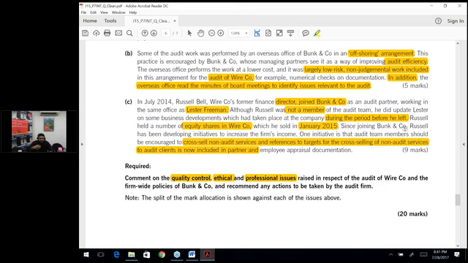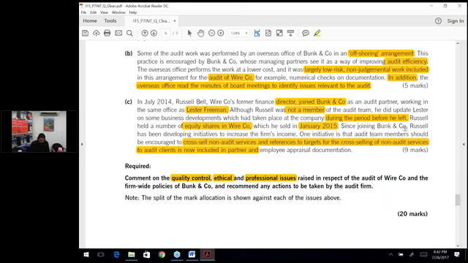And confidentiality can only be breached in certain circumstances, for example, whenever there is a public interest involved, or where it is required by the laws and regulations. Otherwise they cannot do it. So if Russell Bell is sharing the information with Lester Freeman, that means he is violating the fundamental ethical principle of confidentiality, number one. Number two is basically